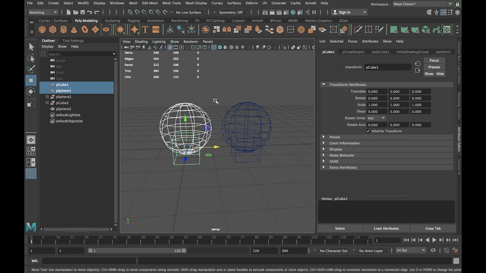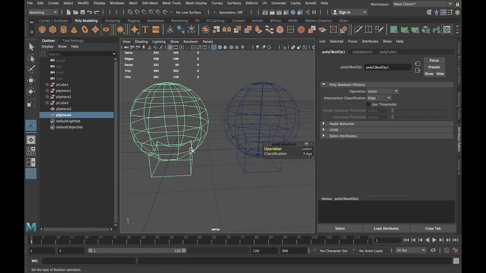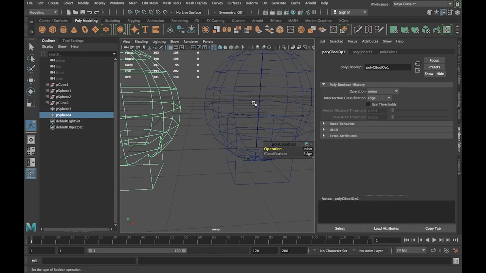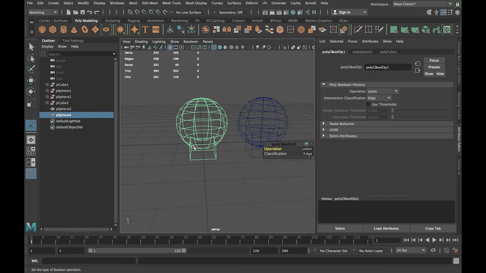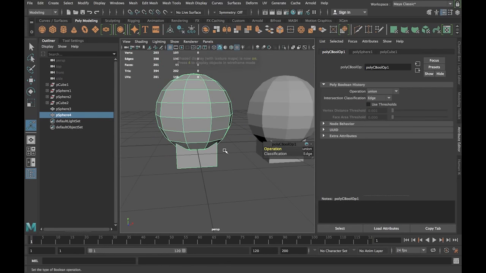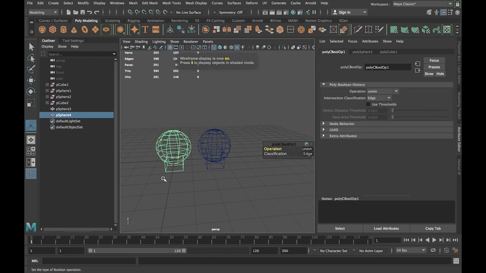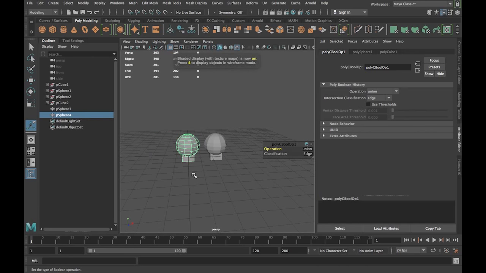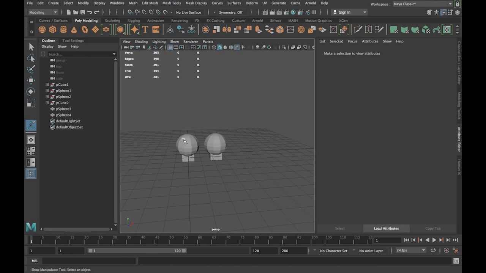So let me combine these with a union Boolean. And now you can see that the interior geometry that is hidden within this object, that we don't necessarily need, kind of extraneous information, is now deleted from this object. So from the outside they look the same, but internally they look a little bit different. So this is really powerful with a Boolean, because while you can combine two objects, you can also take out chunks of one object from the